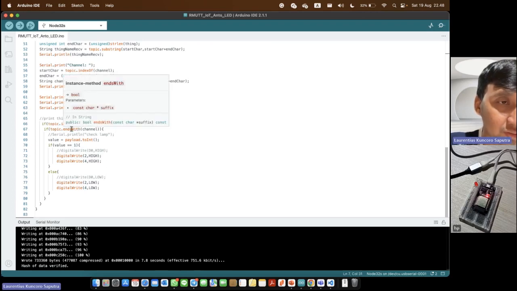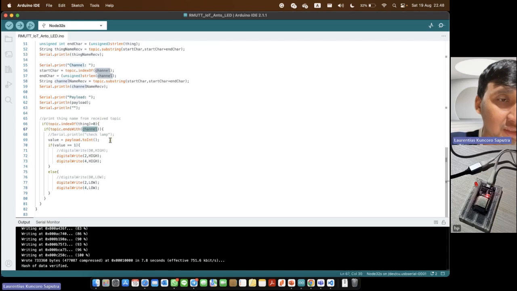So we should check that the channel is the same as our configuration. Then we check the value of the payload. If the payload is 1, it means we want to turn on the LED. But if the payload is 0, we will turn off the LED like this one.